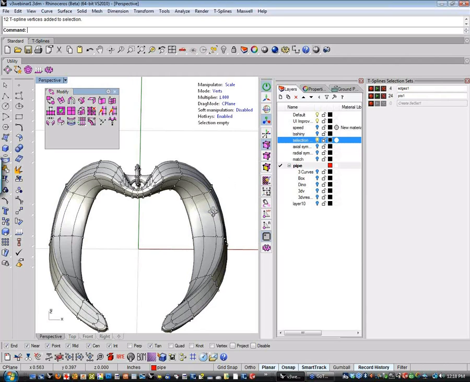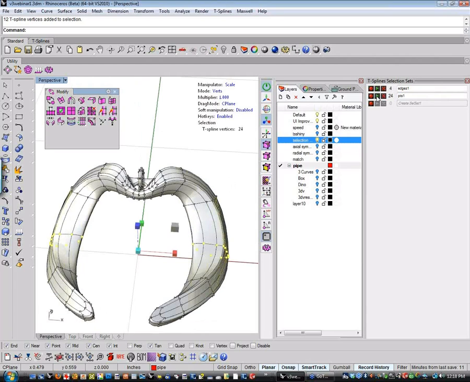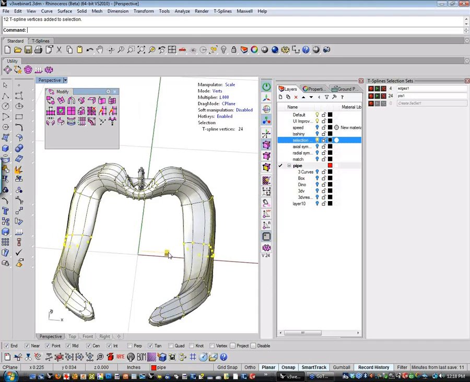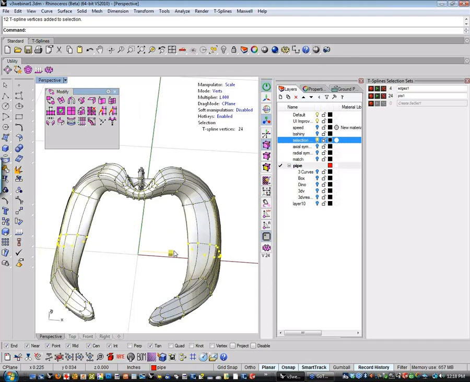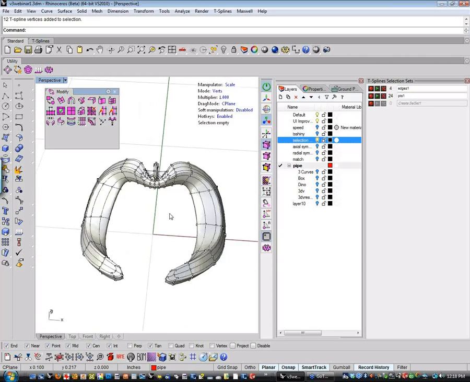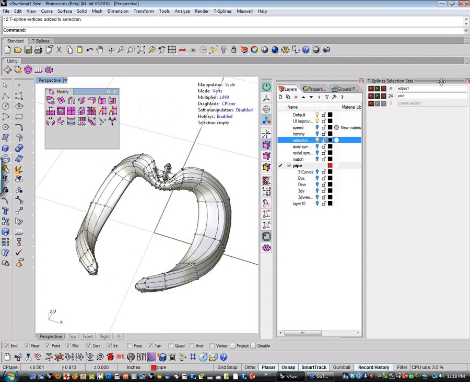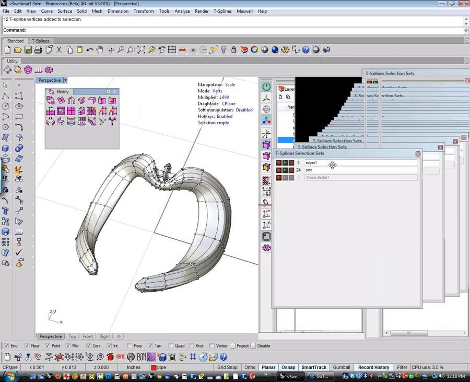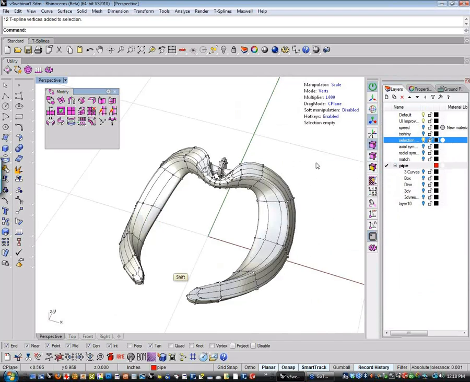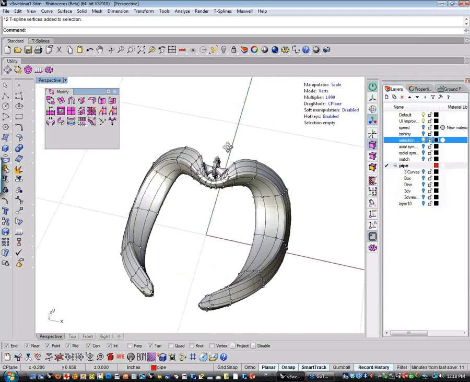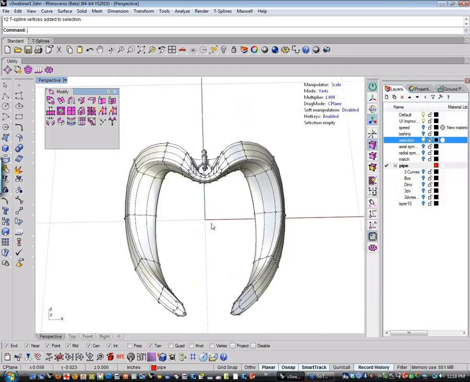And if I deselect, all I have to do to reselect them is hit the play button there, and it'll replay that selection set. So this is a really cool feature. If you're doing anything that requires lots of iteration or lots of review with somebody or something like that, I